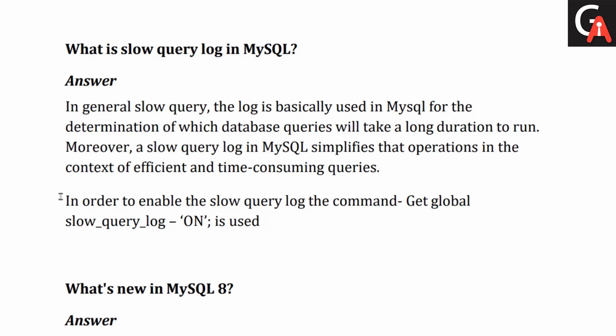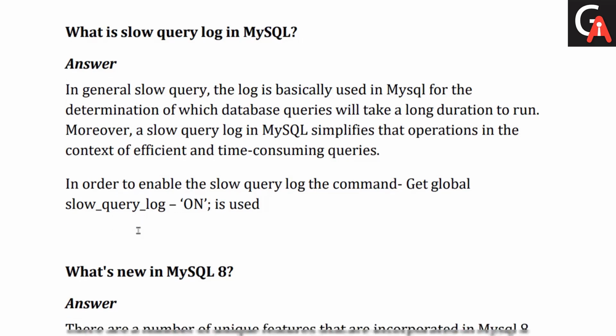In order to enable the slow query log, the command is set global slow_query_log = on. So this is the query we can use to enable the slow query log in MySQL. Okay. Next,